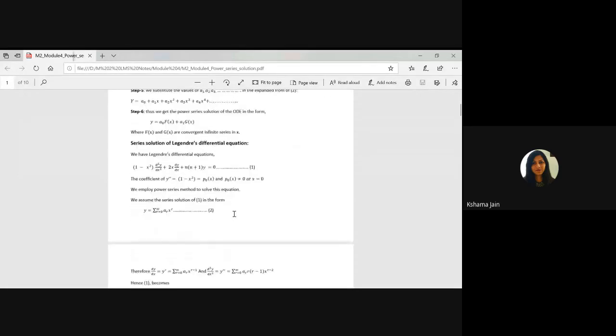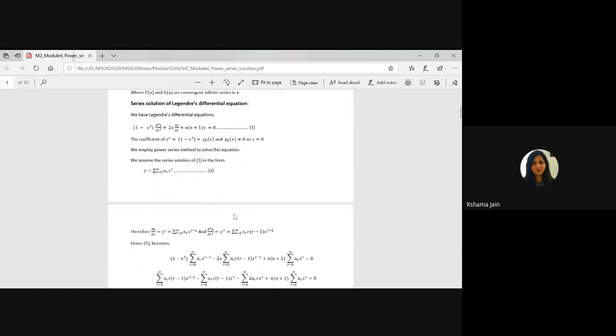Legendre's differential equation is a very fixed and particular form. This is (1 minus x square) d2y by dx square, minus 2x dy by dx, plus n into (n plus 1) y equal to 0. Again, one more mistake was there. How would you remember this? It is minus 2x because this is the differentiation of the term 1 minus x square, so it will be 0 minus 2x. So Legendre's differential equation is (1 minus x square) d2y by dx square minus 2x dy by dx plus n(n plus 1) y equal to 0.